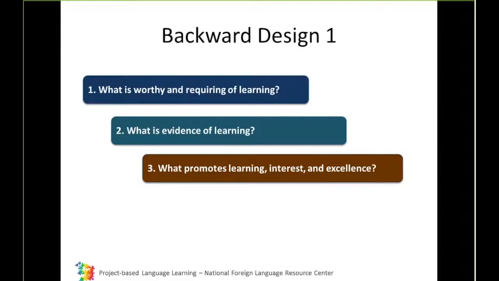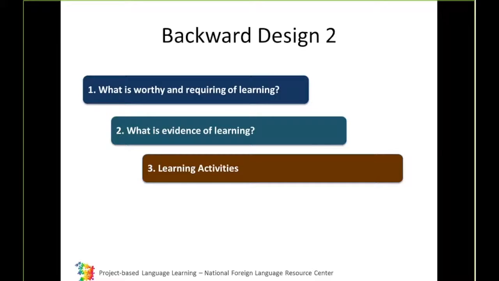So that can be the evidence of learning by the very end. Then we also have to think about what promotes learning, interest, and excellence. And these are the scaffolding. What are the step-by-step activities that can help students